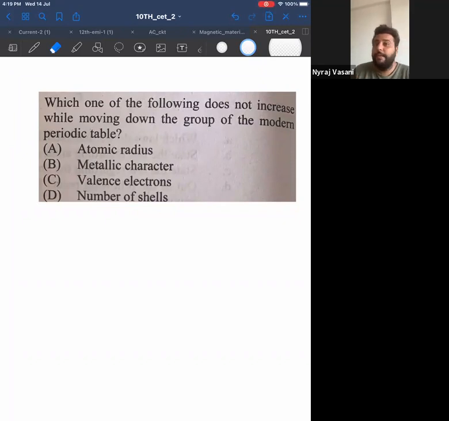Now tell me, how many of you sincerely gave me the answer C in the first attempt, not the second, not the third attempt? First attempt itself, how many of you told me that the answer would be valence electrons? Please respond. Krish, very good. I saw many people in the first attempt itself telling me the right answer. Akansha, very good. Sarthi, correct. Okay. Swayam, very good.